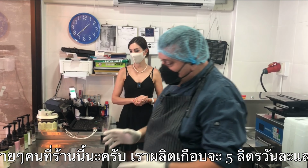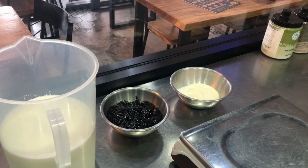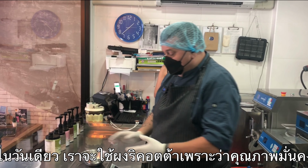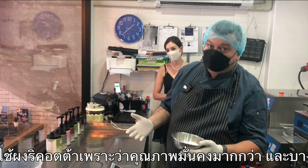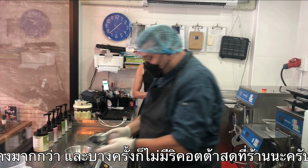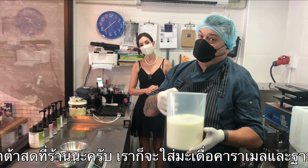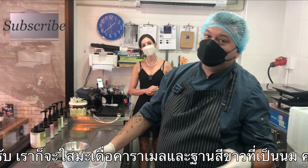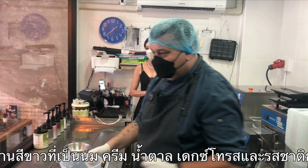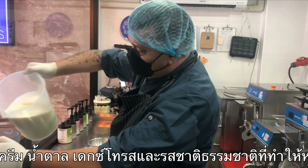So what we're going to use is a ricotta cheese powder, which is much more consistent than buying fresh ricotta every day. And sometimes in the market you cannot even find ricotta cheese. And then we have our caramelized figs, which is over here, and we have our white base, the famous white base that I talked about before: milk, cream, sugar, dextrose, and a lot of natural things inside to make it dense and thicker. So what we're going to do here, we're going to mix our gelato,